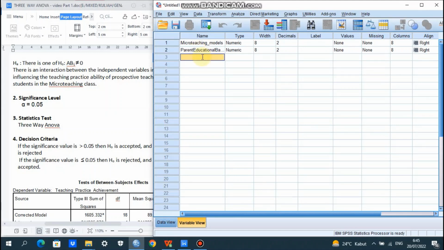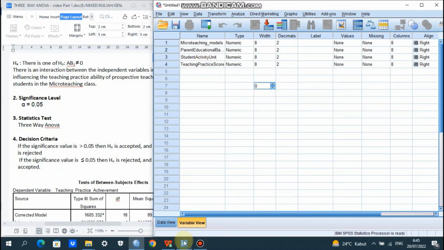And then the third, what is the third? Student activity unit. And the last is teaching practice score or achievement. Okay, same.